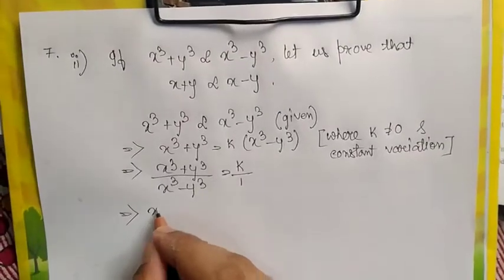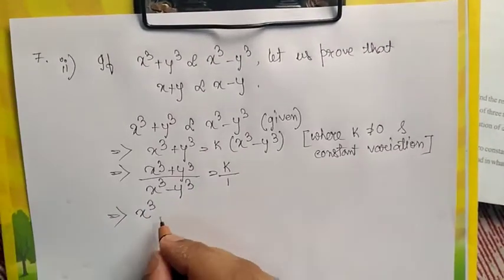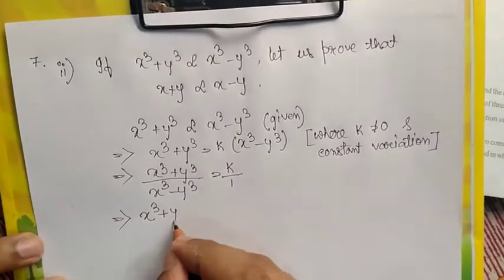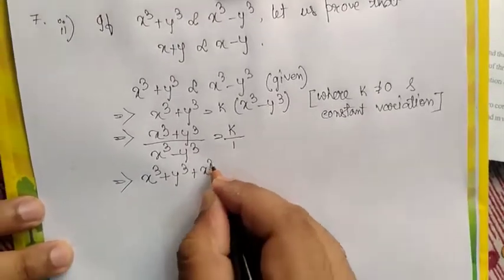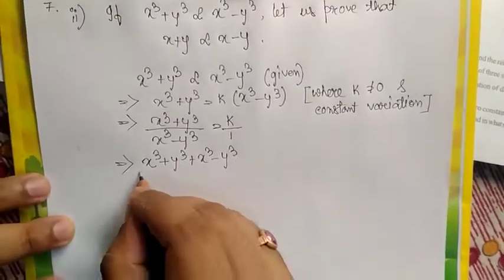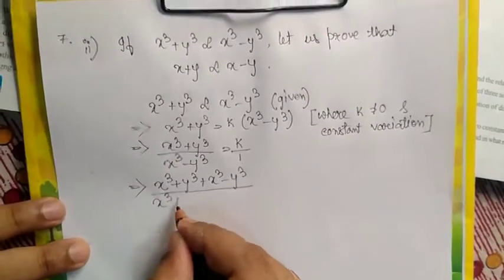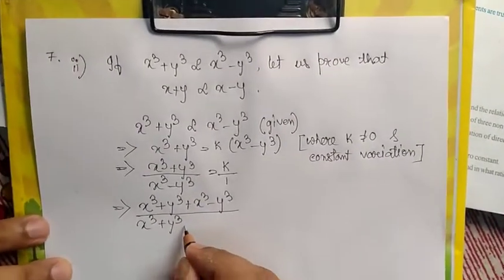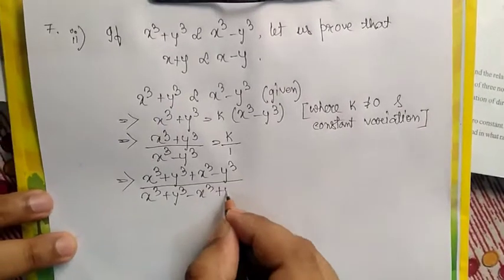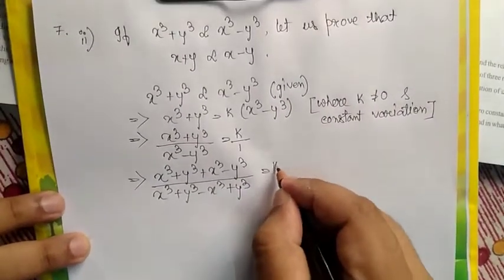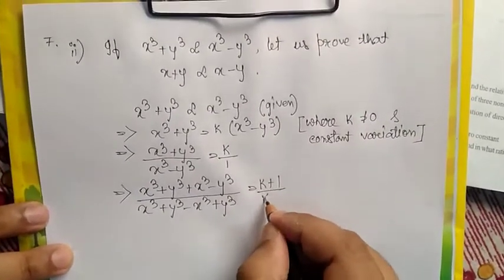After using componendo dividendo, x cube plus y cube plus x cube minus y cube by x cube plus y cube minus x cube plus y cube, equals k plus 1 by k minus 1,